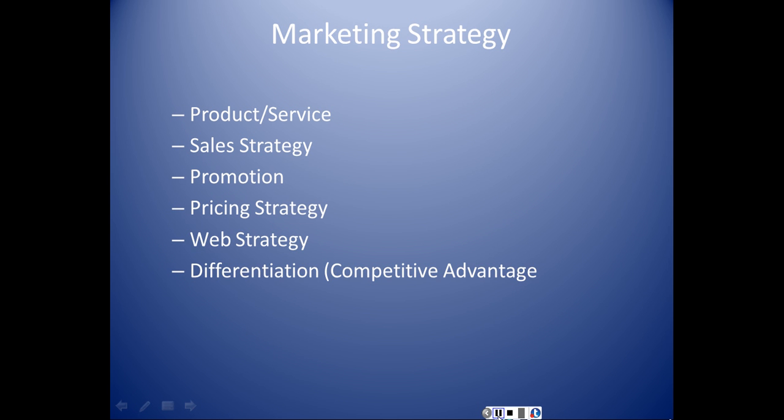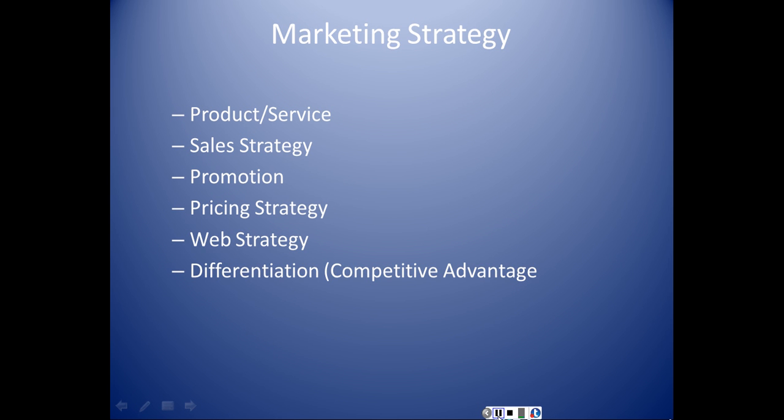One of the things I want to talk about a little bit is the pricing strategy that you have, because the products and services, that's one thing. Your sales strategy also, I want to go back to that for just a second. What is your sales strategy? How will you get your product or service to the market? What kind of sales will you use, and what kind of channels will you distribute it through? A lot of that is inside the marketing analysis that you've already done. One of the elements that you have not done inside the marketing analysis is the pricing strategy.